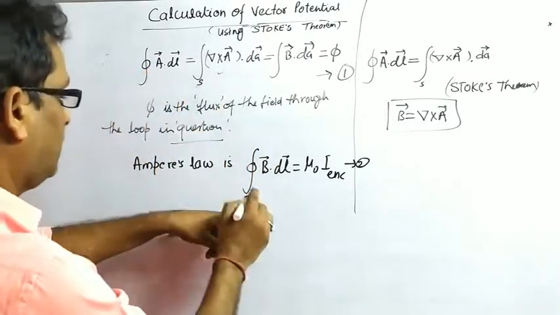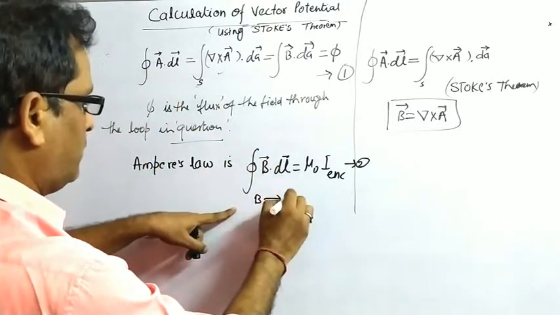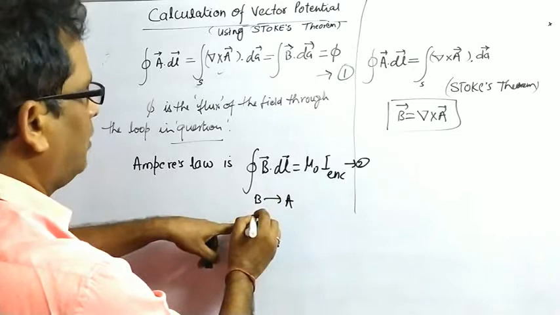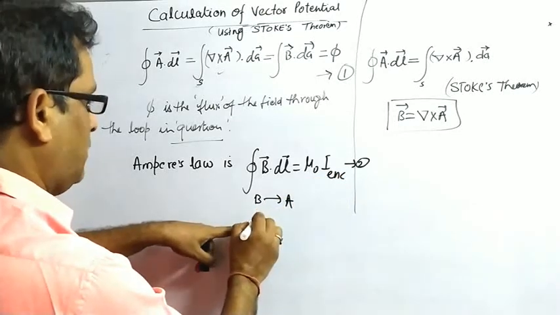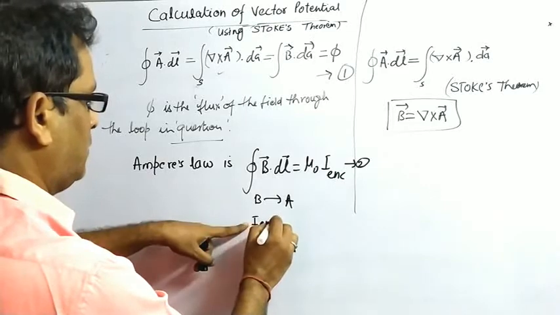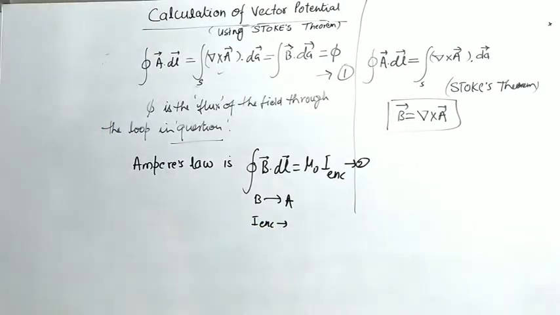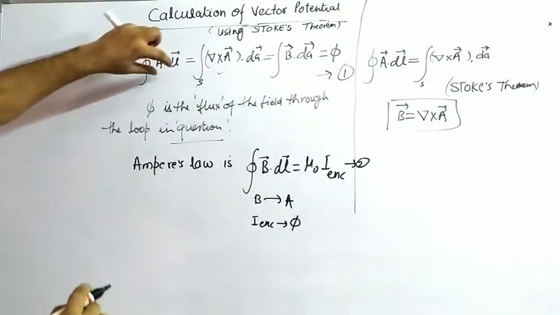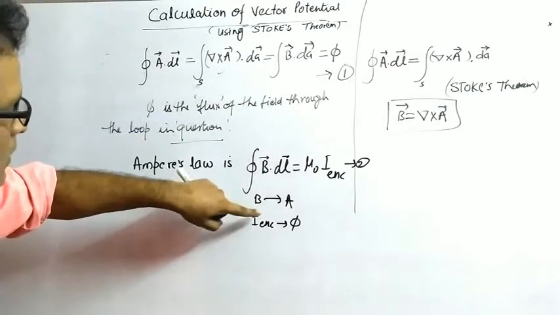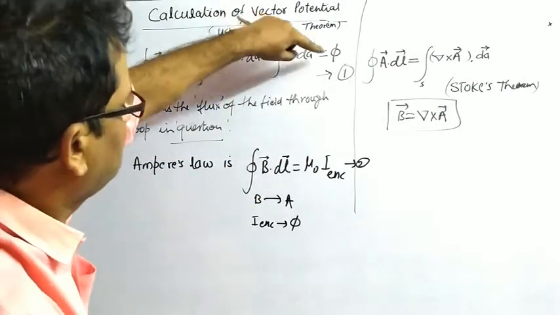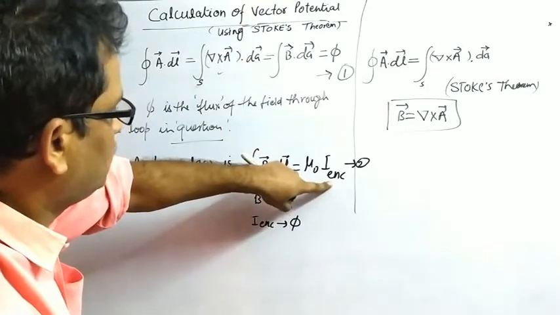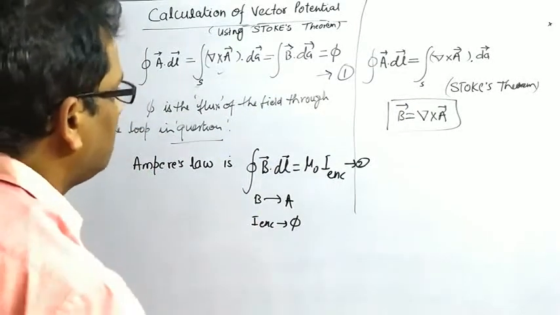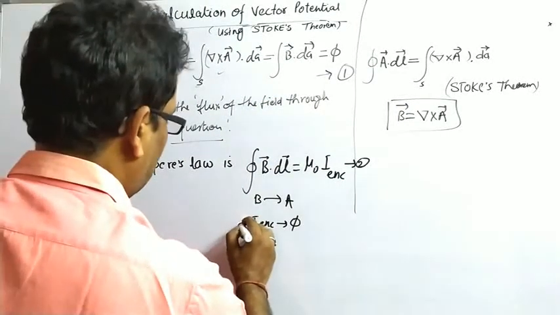केवल b की जगह पर यहाँ a है, और I इनक्लोज्ड की जगह पर यहाँ पे फाई दिया गया है। a डॉट डी एल की जगह पर b डॉट डी एल था, यानी a की जगह पर b है, और राइट साइड में म्यू नॉट I इंक्लोज्ड था, यहाँ पे फाई है। सो I इंक्लोज्ड की जगह पे आपका फाई है, म्यू नॉट भी लिख दीजिए।